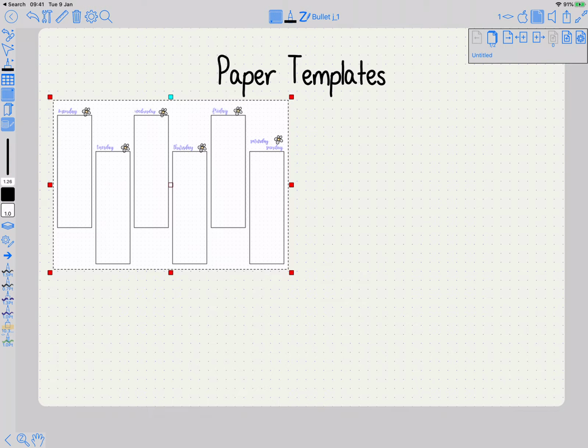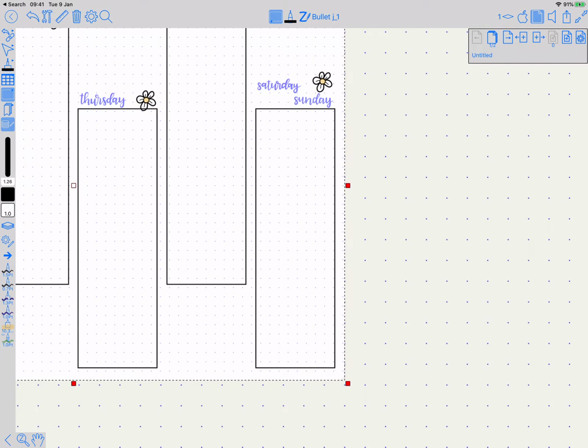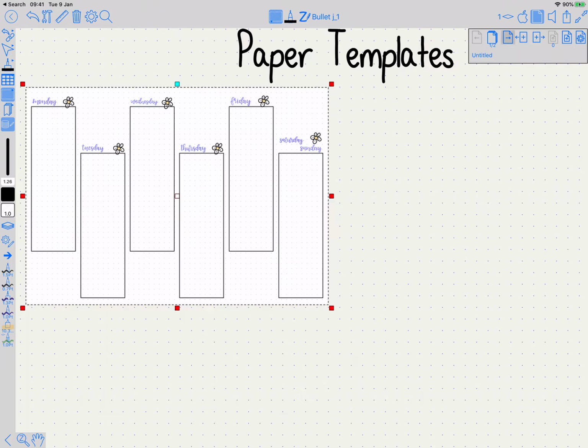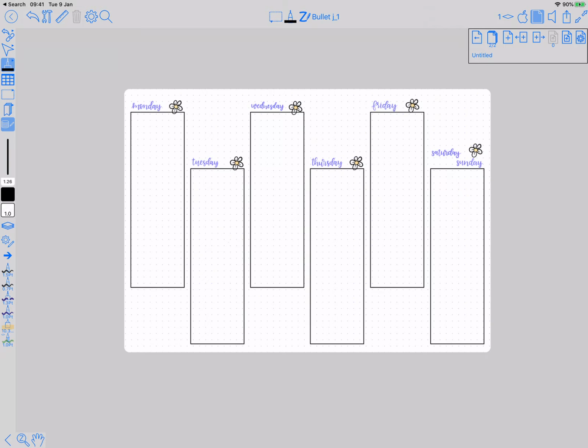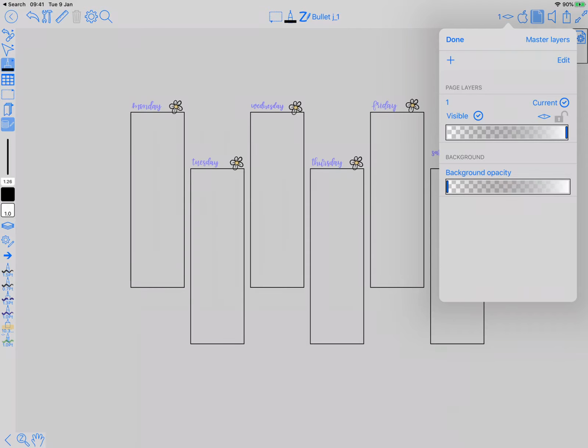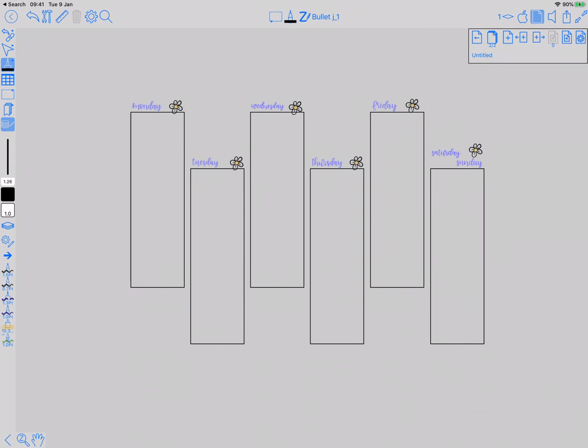Now, it's grabbed the paper texture as part of the process. Now, I'll show you how to do it so it doesn't do that. And it's really very easy as well. So I'm going to go back to the Layers menu and just turn down the background opacity. And that's basically hides the background paper rectangle and makes it completely transparent, so that when I go to the